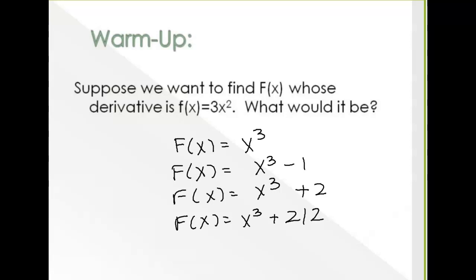So technically it could be x cubed minus 1. Technically, it could be x cubed plus 2. Technically, it could be x cubed plus 212. So this function has a derivative that's 3x squared, but its antiderivative is the family of x cubed that can